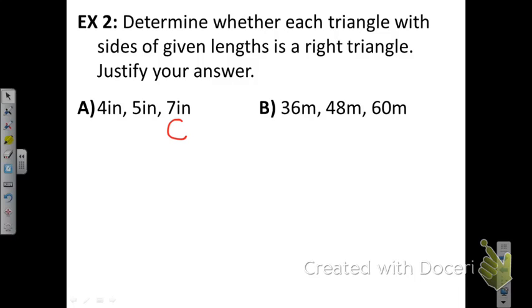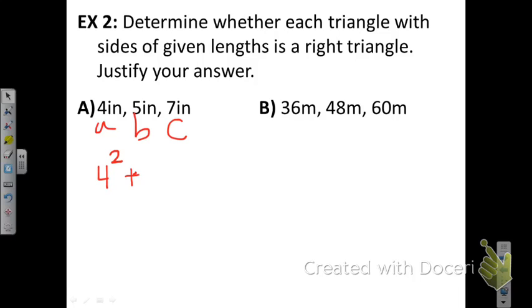So if that's C, which one is A, which one's B? It doesn't matter. Very good. So I'm just going to say this one's A, this one's B. And from there I'm going to set up my equation. So who can tell me how I write in the equation? A squared plus B squared equals C squared. So then I'm going to fill that in and use what? Instead of A, what's our A value? 4. Good. So we go 4 squared